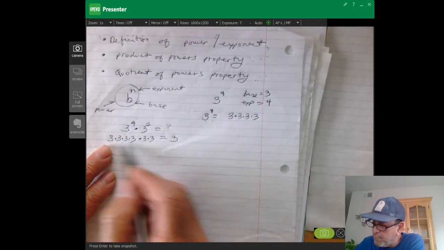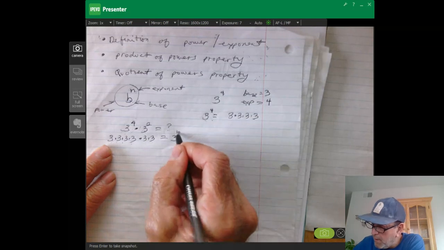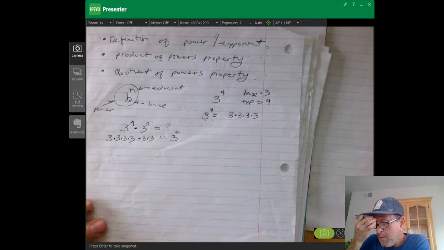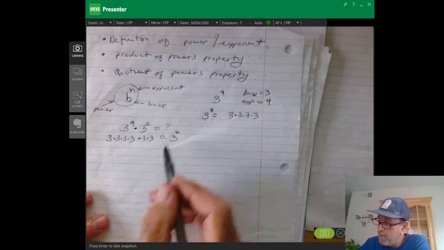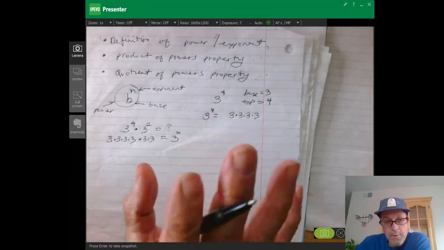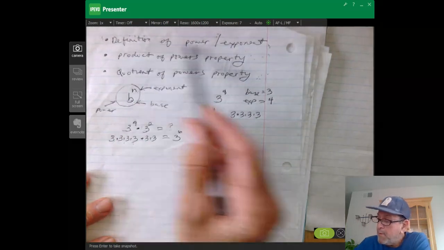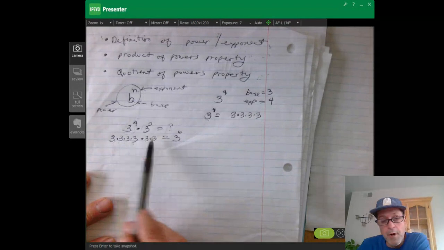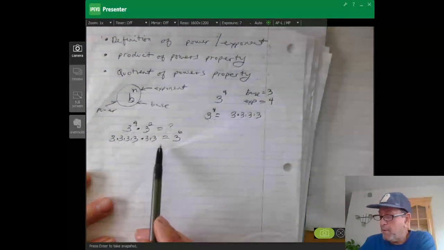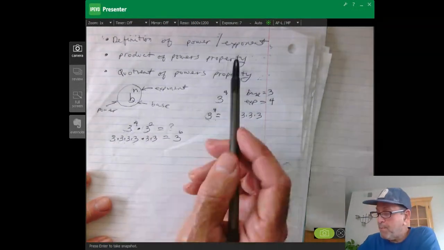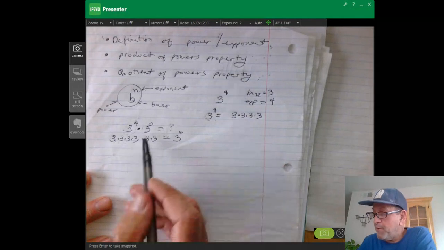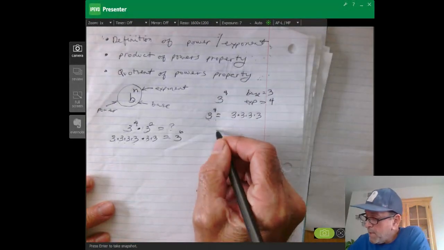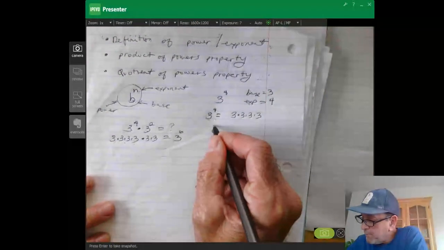So the base will still be 3, and now the exponent is 6. As long as you remember the definition of power, you should always be able to figure out the product of powers property just by making up a simple example like that. And so the rule is this: